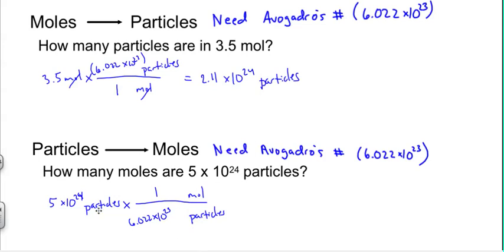And so I'm going to see particles cancel out. I'm going to take 5 times 10 to the 24th particles times 1 divided by 6.022 times 10 to the 23rd, and I should get 8.30 moles of a substance. And what I want you to notice is I didn't specify in either one of these